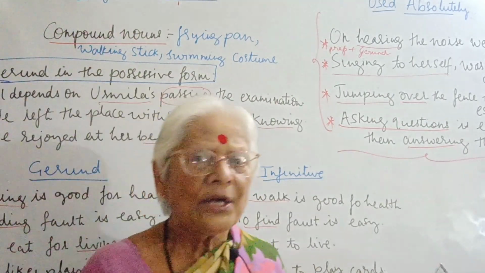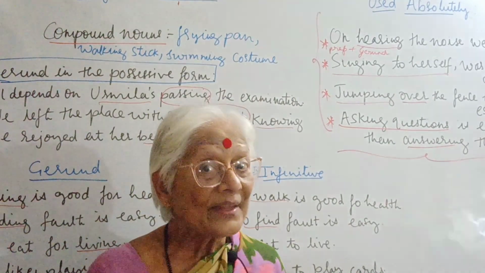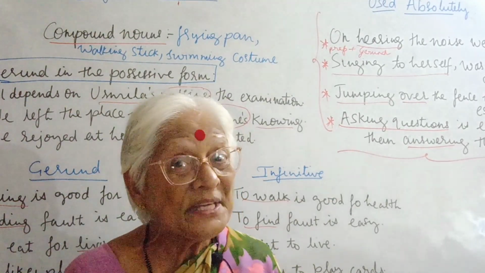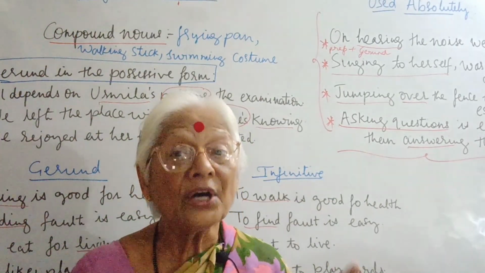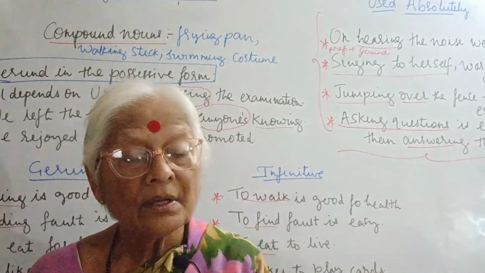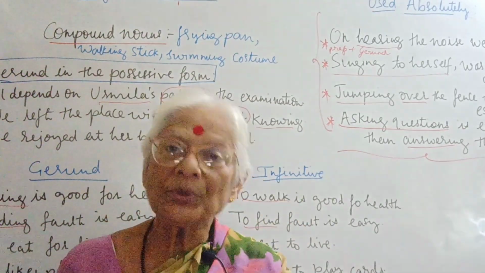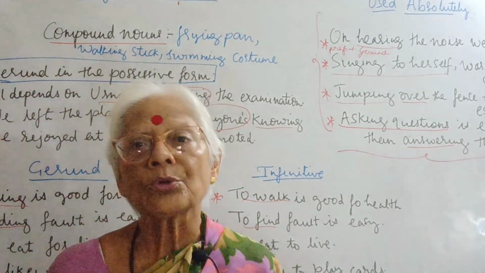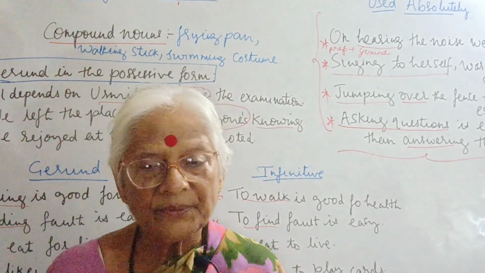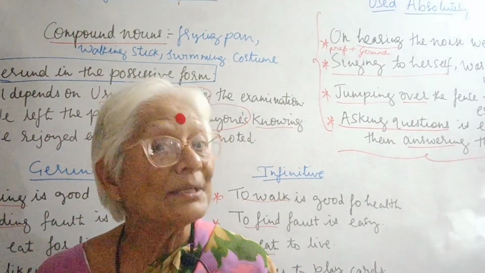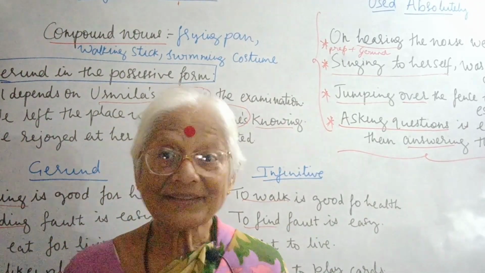So I presume you must have comprehended the word gerund, which means a verbal noun, a verb used as a noun. Of course, with exercise, when we are doing a little bit of revision, I'll drive home the difference between the infinitive, the gerund, and the participle. Okay? Thank you.